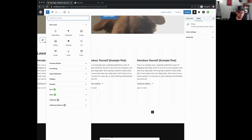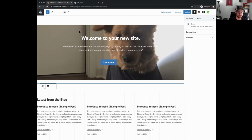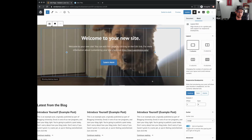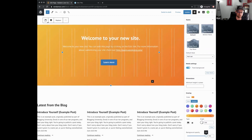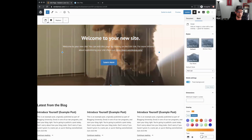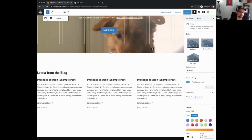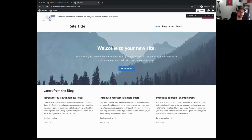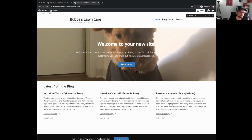And then you'll just work on editing this page using these different plus signs to add elements throughout the page. Let's see here. One block I always like to show people is this cover block, which is added at the top. You can add overlays to that. So if you wanted that to just be plain, a solid color, you could do that, or a slight overlay there. And then anytime you make changes, you'll want to press update at this top right to make those changes go live. So now you can see we've got Bubba's Lawn Care with that image of the dog